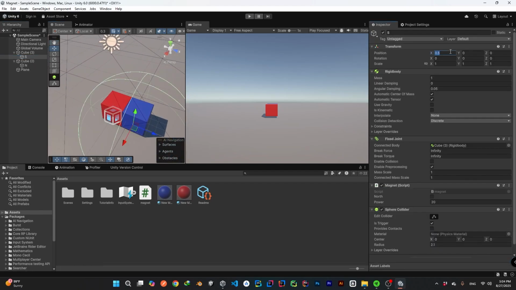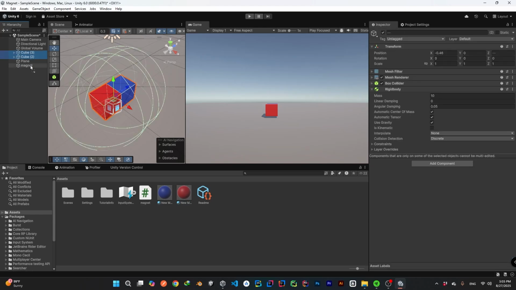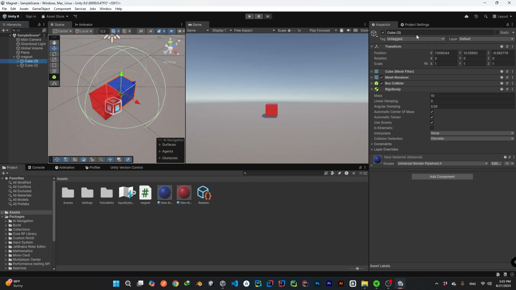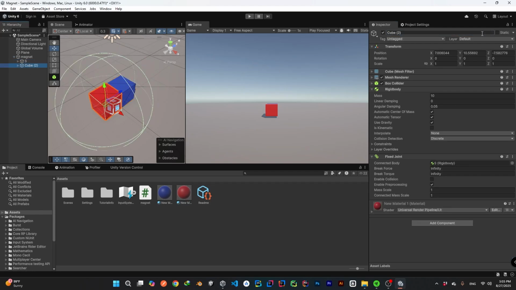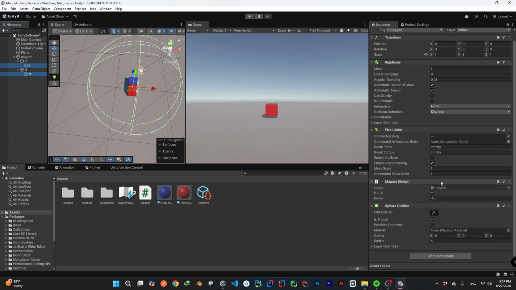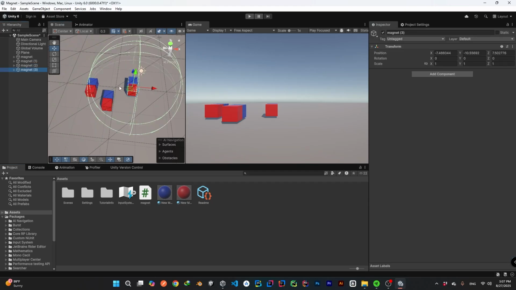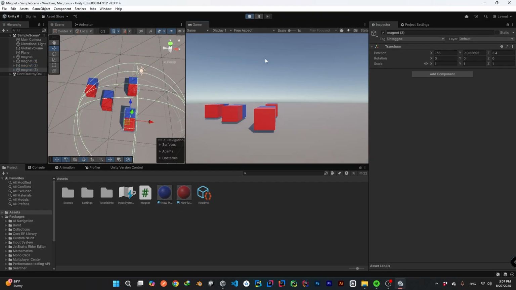Then I want to set them to the center, and then I want to create an empty game object called magnets, and these two cubes will be here. This is our S and this is our N. If I want this to have more power, I just increase this. We have some more powerful magnets. Okay,